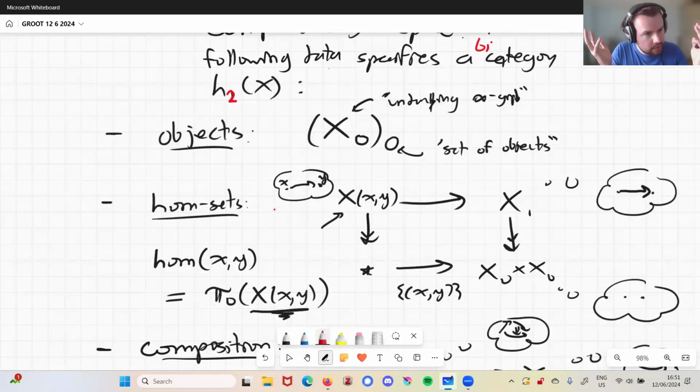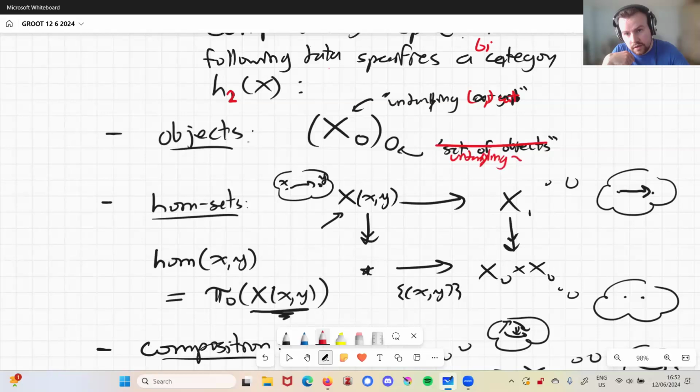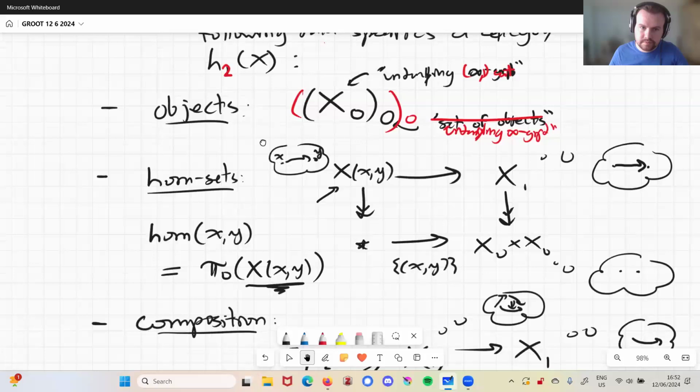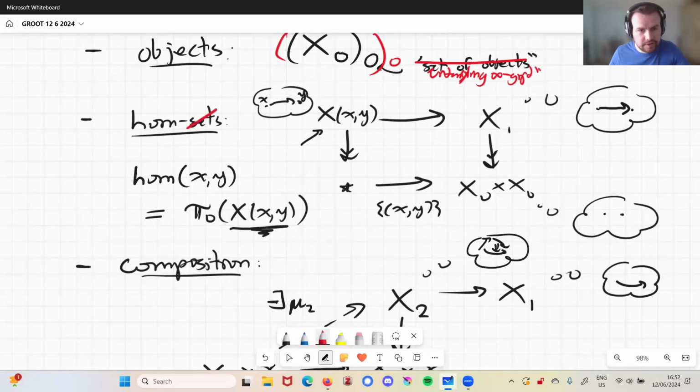If you take an infinity 2 category, take its homotopy bicategory, the objects should be exactly the same. Well, okay, we can just do the same thing again. Let's just extract the objects. Well, x0 now is the underlying infinity 1 category now, right? x00 is now the underlying infinity groupoid. So we have to go one level further. x000, right? Underlying infinity 1 category, underlying infinity groupoid, set of objects. Okay. Now for the hom categories, I actually don't need to change anything.